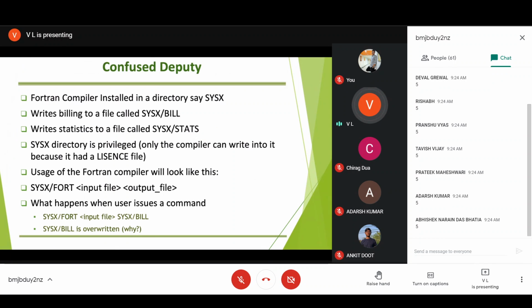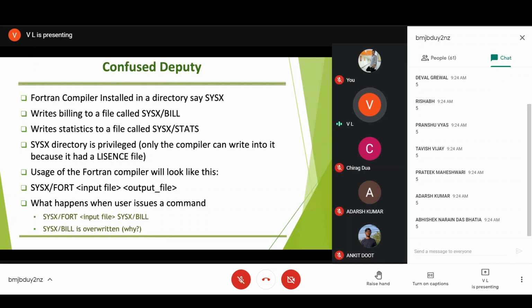So now let's come to a problem that is known as the confused deputy problem. This problem was actually found in one of the companies which was providing access to a Photon compiler through their services. The Photon compiler was installed in some directory, let's call it sysx. Whenever someone used this compiler, the company would charge a bill to the persons making use of the compiler. And whenever a file was being compiled, whatever statistics were generated at that time,